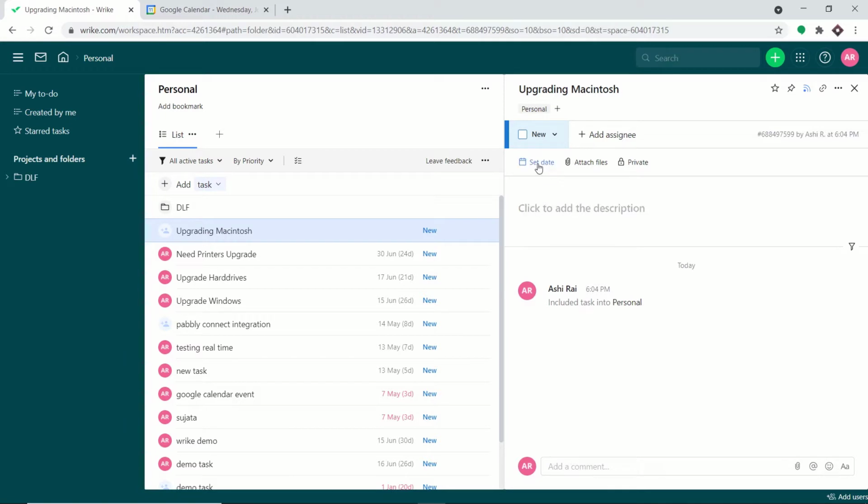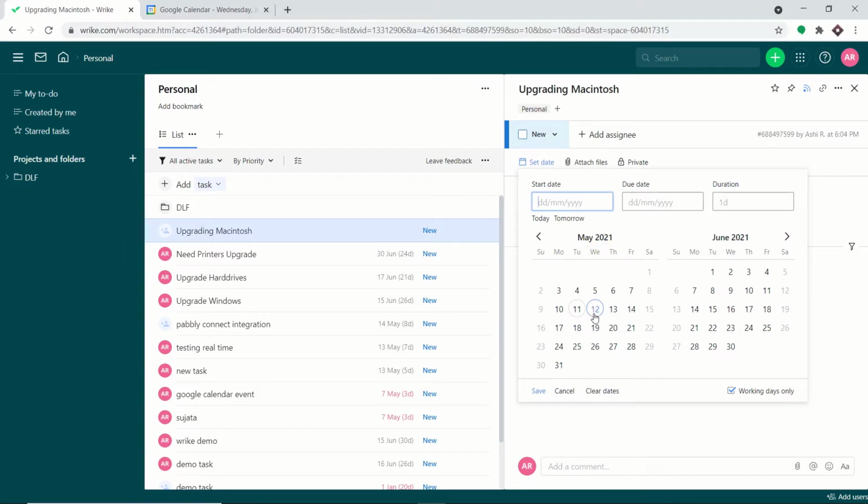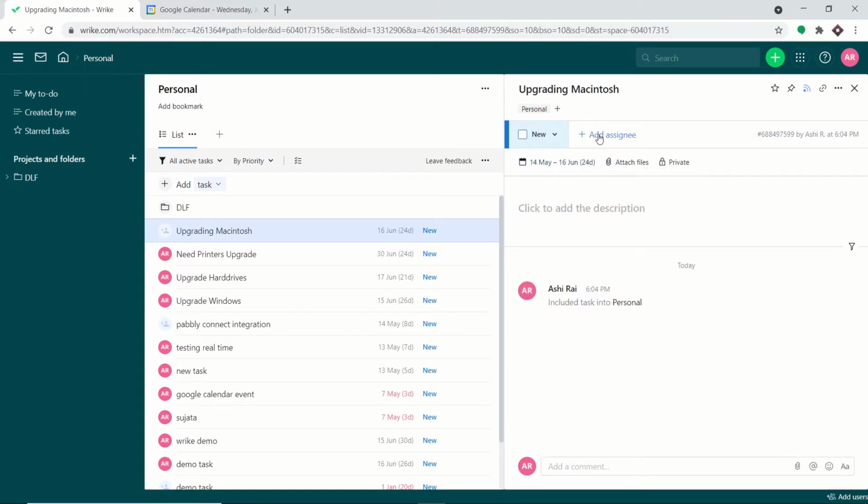Okay, so we are going to set the date. How about we set the date from, let's say, 14th of May to 16th of June. So 14th of May is our start date and 16th of June is our due date. Let me click on save and add an assignee.